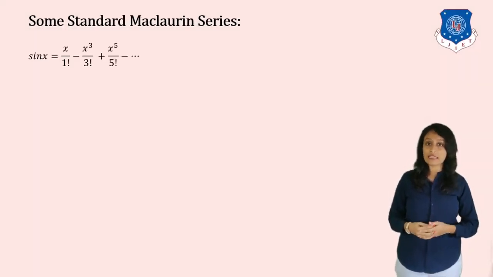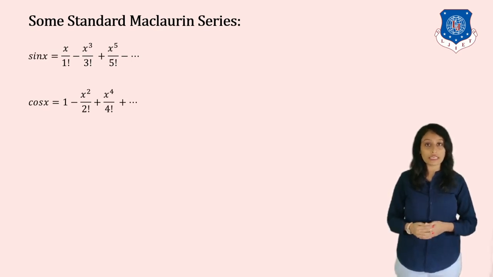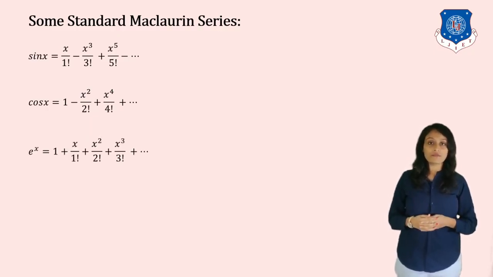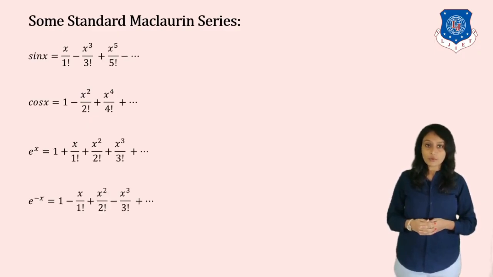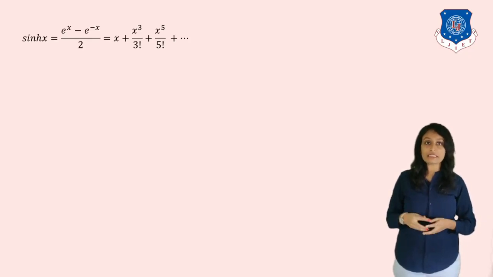The first one is sin x, which we have already studied. Okay, then next one is cos x. You can find this Maclaurin series of cos x by taking function f(x) is equal to cos x and the value at 0. So you will get this series. Next we can find the series of e raised to x. This we have already solved. Okay, e raised to minus x we have already solved. Next cos hx also. Similarly, you can find a series of sin hx, right, by using this formula, that is e raised to x minus e raised to minus x upon 2.